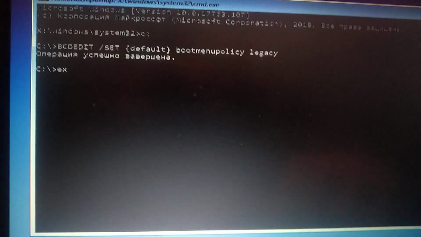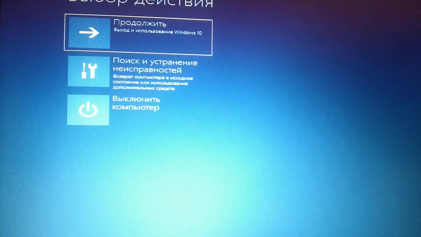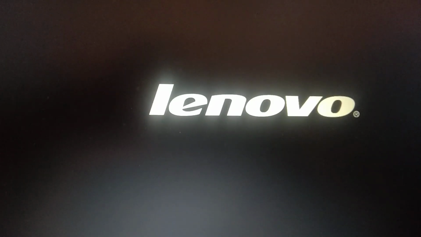And now you just need to write exit and continue. So now your computer will restart and your error will be